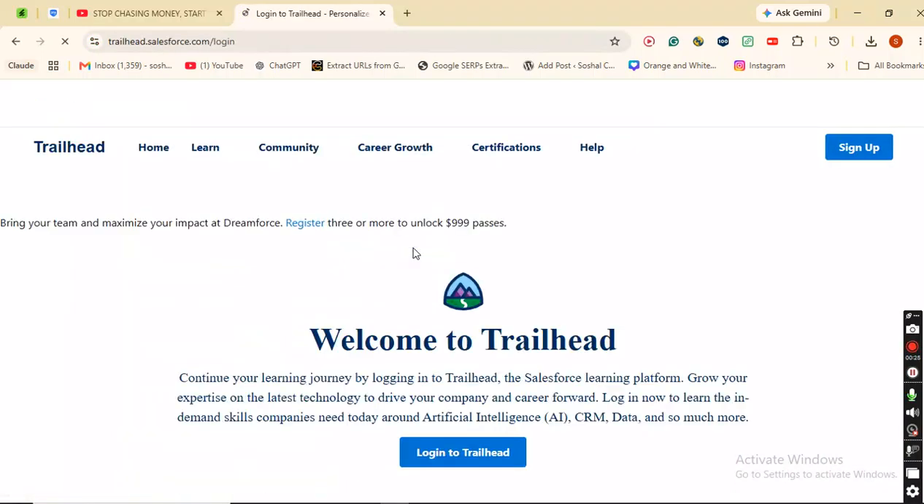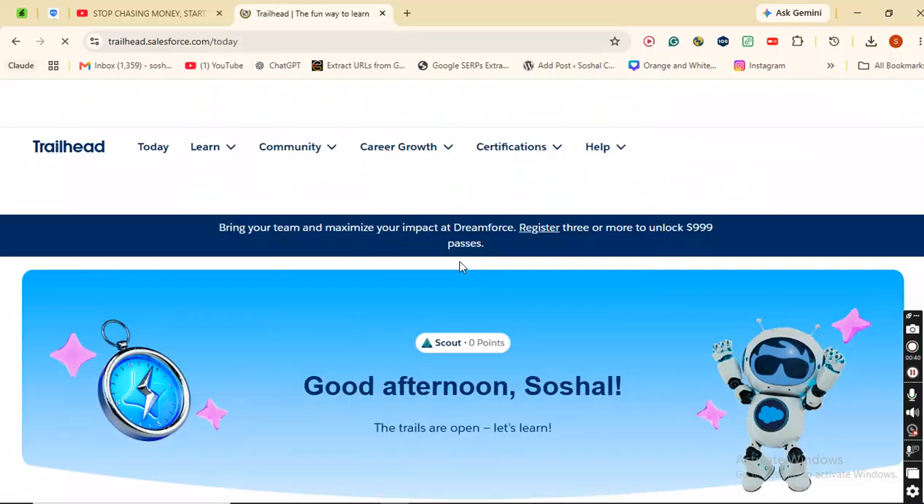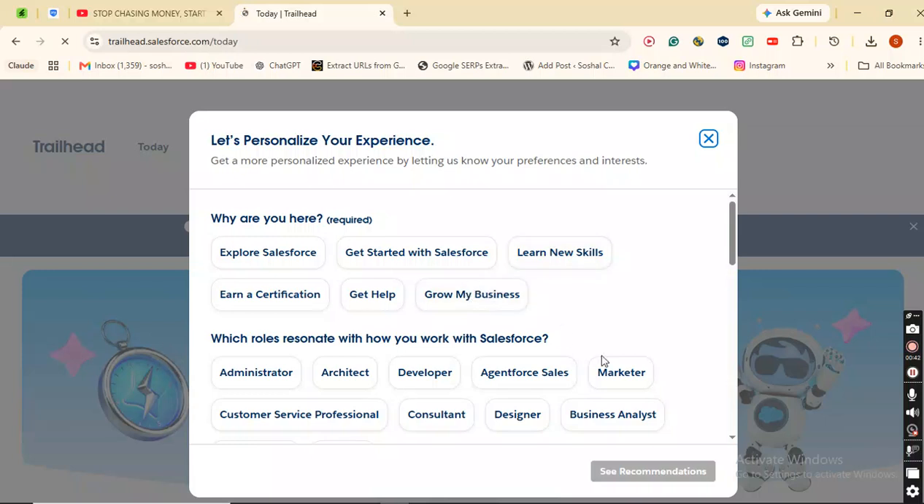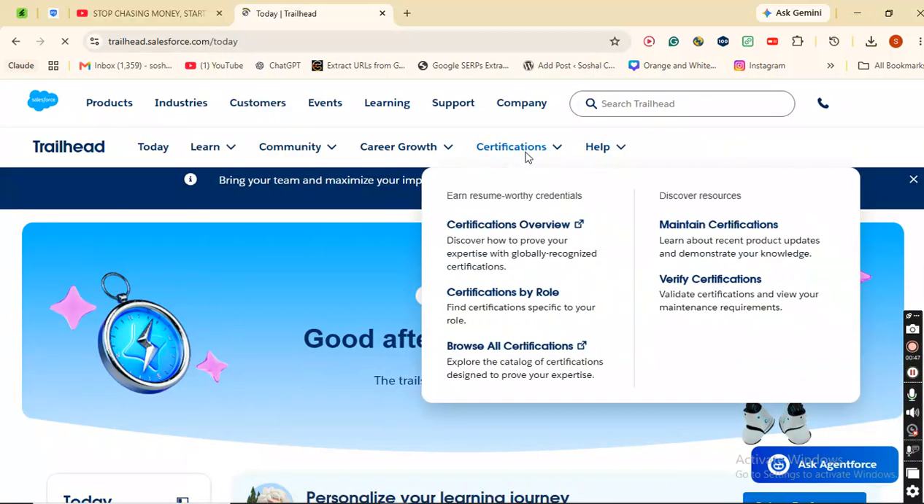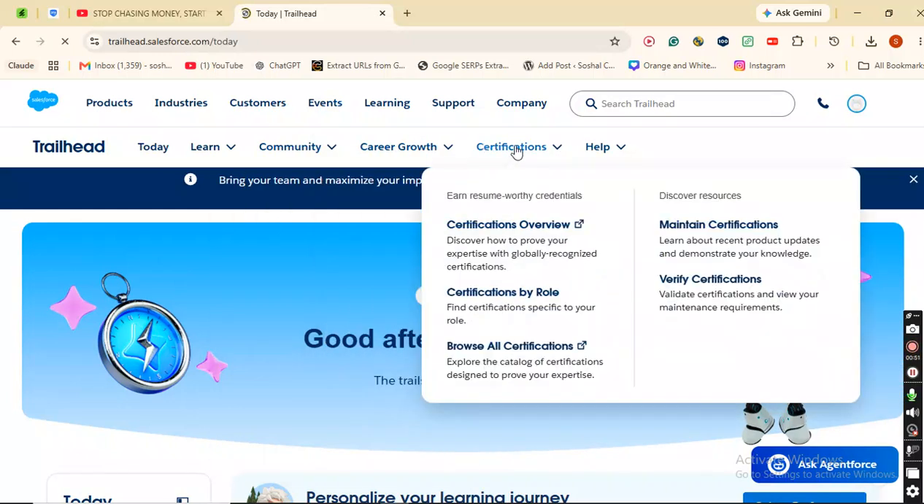First we have to open Trailhead, login to Trailhead. It is taking a little bit of time. We have to wait. It is not important. See here in this page there is an